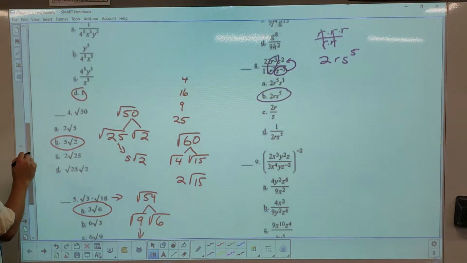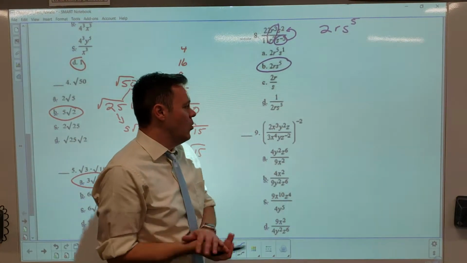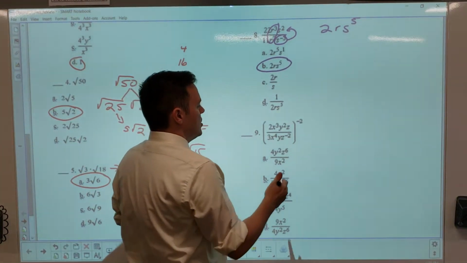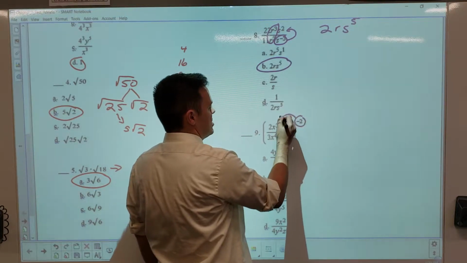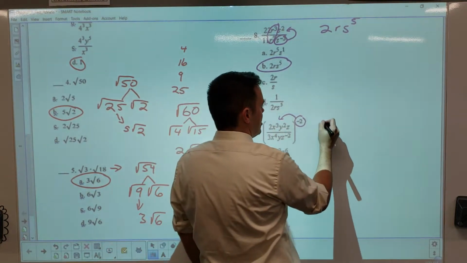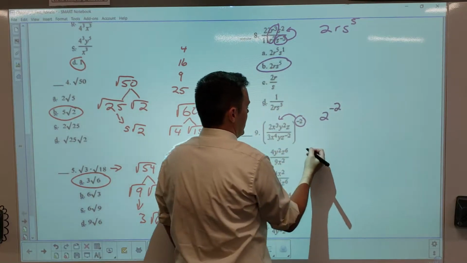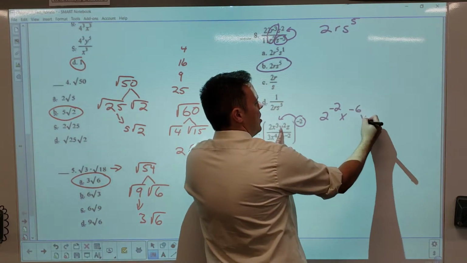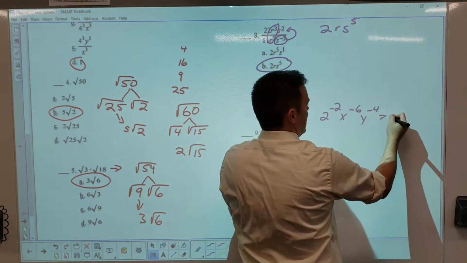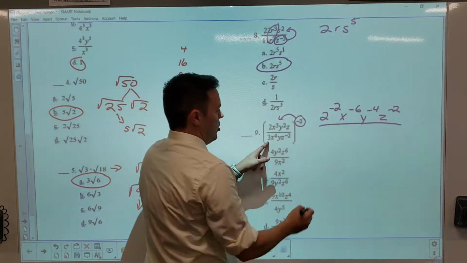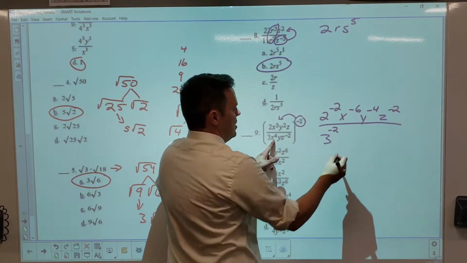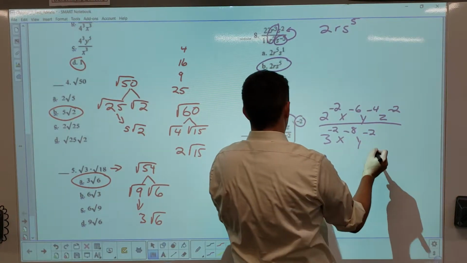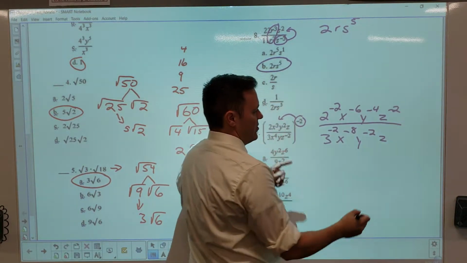Shh. It's quiet. This is the most difficult one, okay? Making sure you guys understand the proper distribution of the negative 2. When you do this distribution, it needs to go into every piece in here, all right? So when you start it off, make sure you write it larger like this. And then 3 times negative 2 is negative 6, negative 4, and then the last piece would be negative 2. Okay, and then it's all over 3 to the negative 2, x to the negative 8, and then y would be just y to the negative 2, and the last piece, negative and a negative, this one turns into a